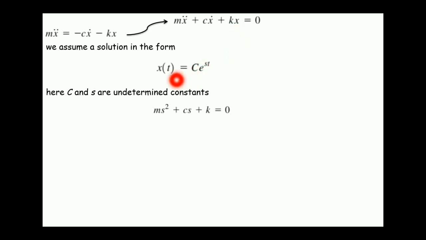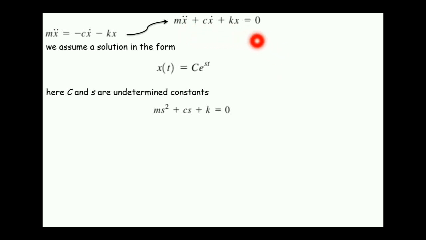So the value of x(t) is C into e raised to st. So x dot (t) will be C into s into e raised to st, that is the differentiation of this, and similarly we can obtain x double dot also. So getting x dot and x double dot and substituting it in this equation, m x double dot plus c x dot